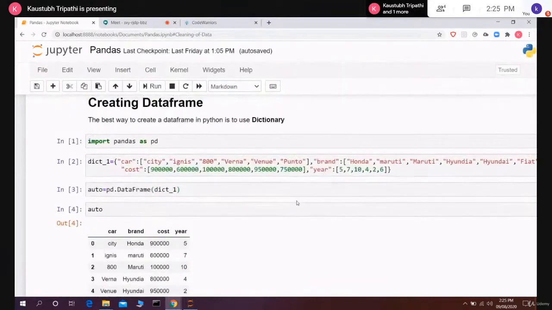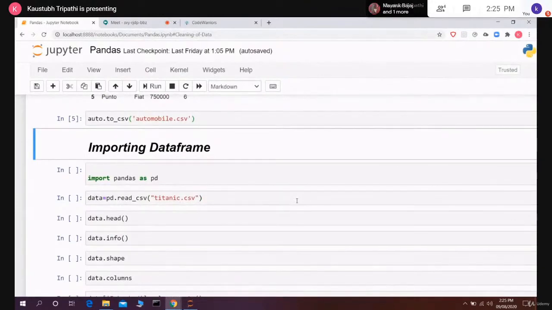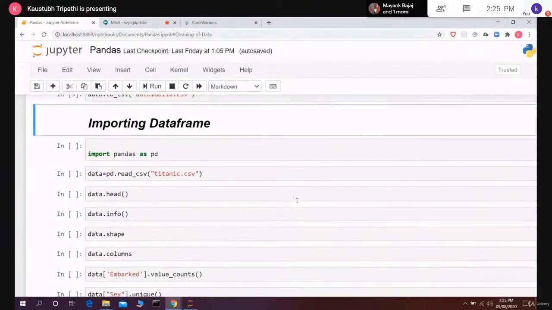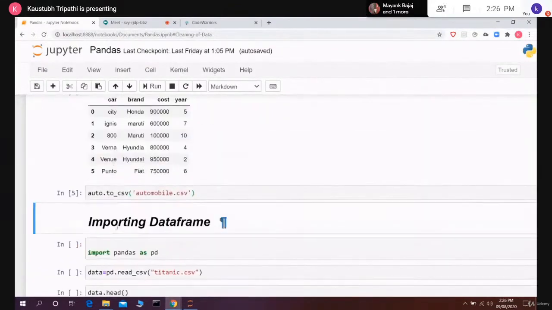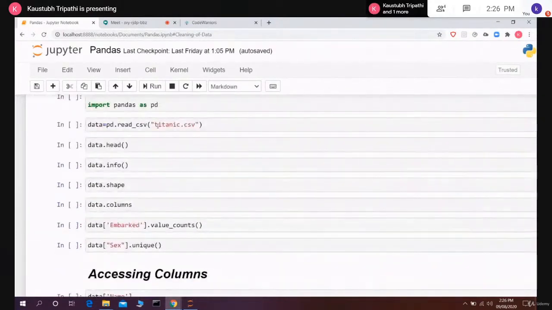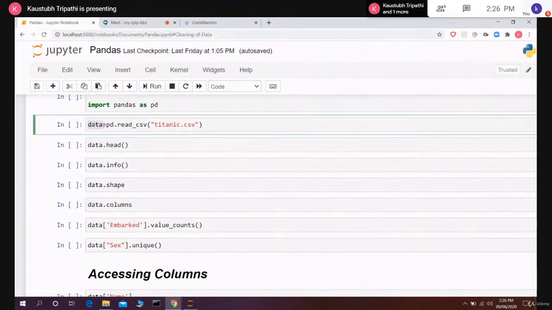Now, this is about creating our own data frame. But what if we have one big data frame that we have downloaded from somewhere, say for a competition? How do we use that data frame in our model? How do we access it? To import a data frame, again, we have imported the pandas library, and there is a method. When we were converting into a CSV file, we used to_csv. Now we are reading a CSV file, so we use read_csv, and we just give the name of the file, and the name of the data frame that will be created for